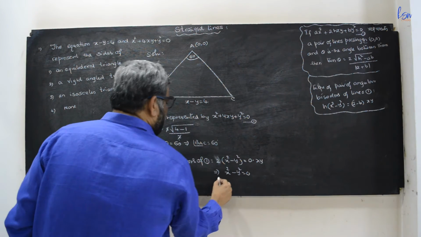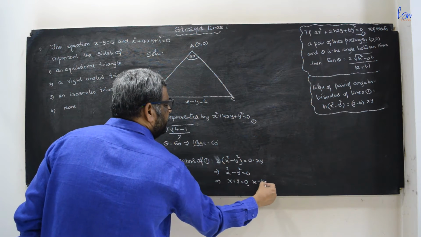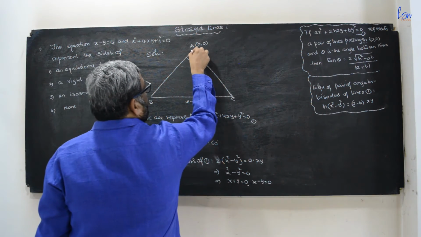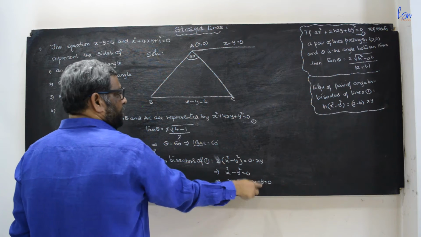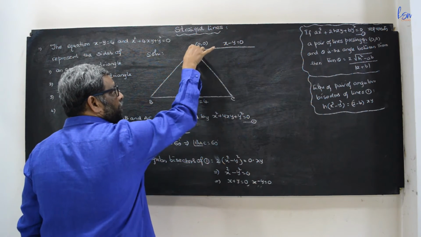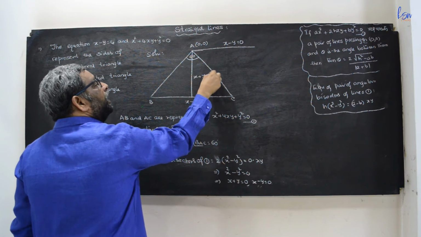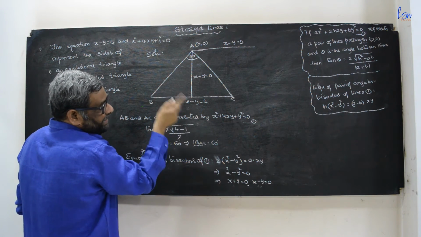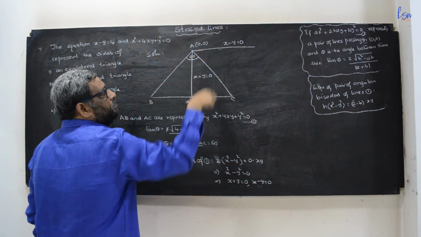Now here it is, one line is x plus y equal to 0 and the other one is x minus y equal to 0. Both are passing through the origin, and of course these two lines are perpendicular. The given line x minus y equal to 4 is parallel to this line. So this must be the external bisector and the other one is the internal bisector which is x plus y equal to 0. The internal bisector cannot be taken as this one because these two lines are parallel to each other.